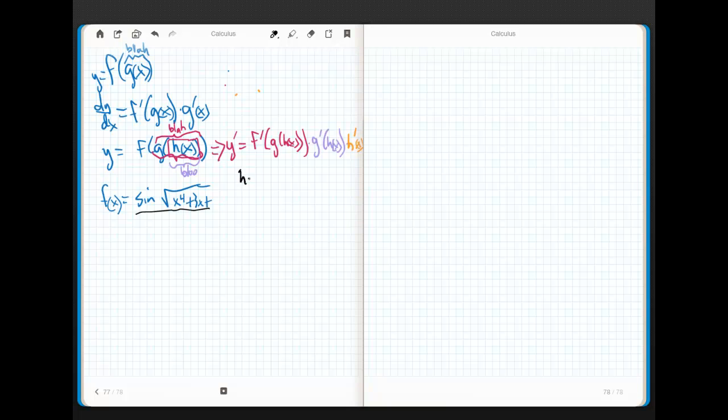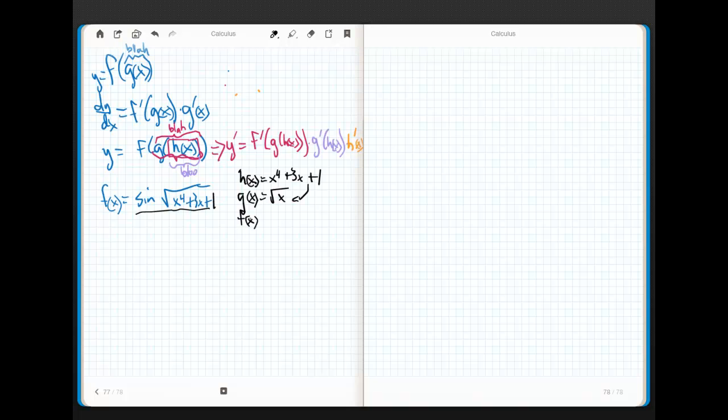I could call h of x, in this case, x to the fourth plus 3x plus, I think that was supposed to be a 1, and I forgot to write it. If not, no big deal. Now, that's being composed into a square root function. So I could call g of x the square root of x, because this guy ends up getting stuck in here. And then all of this mess, this whole chunk right here, gets composed into, let's call this,